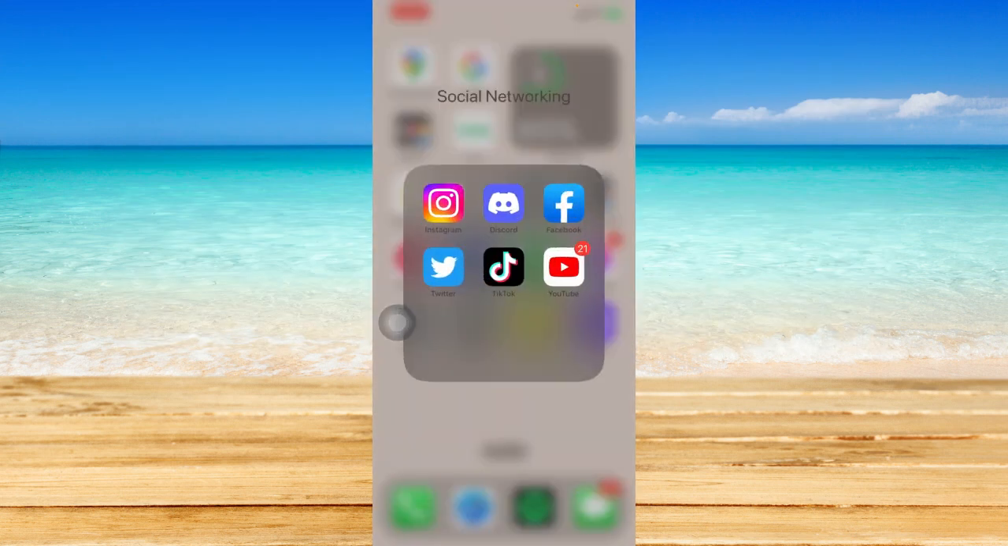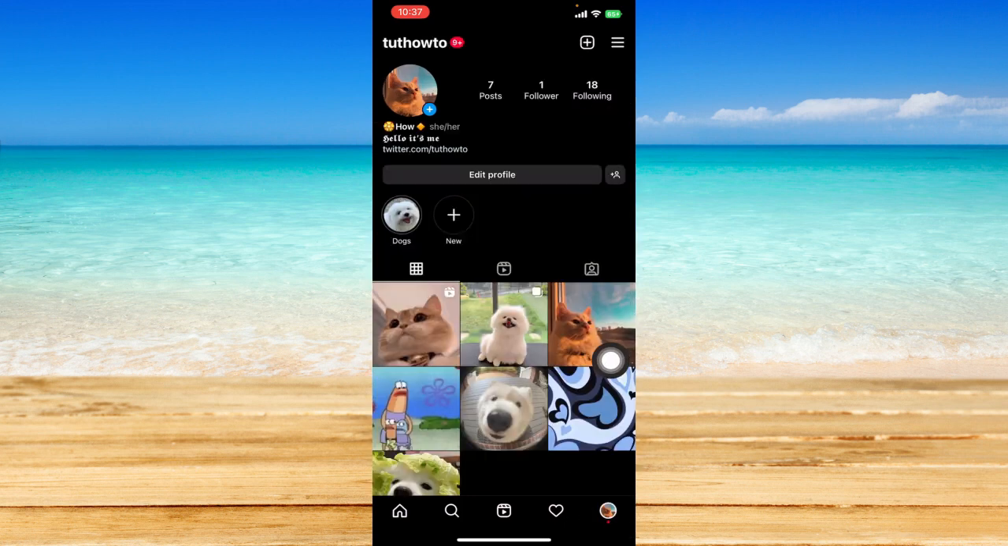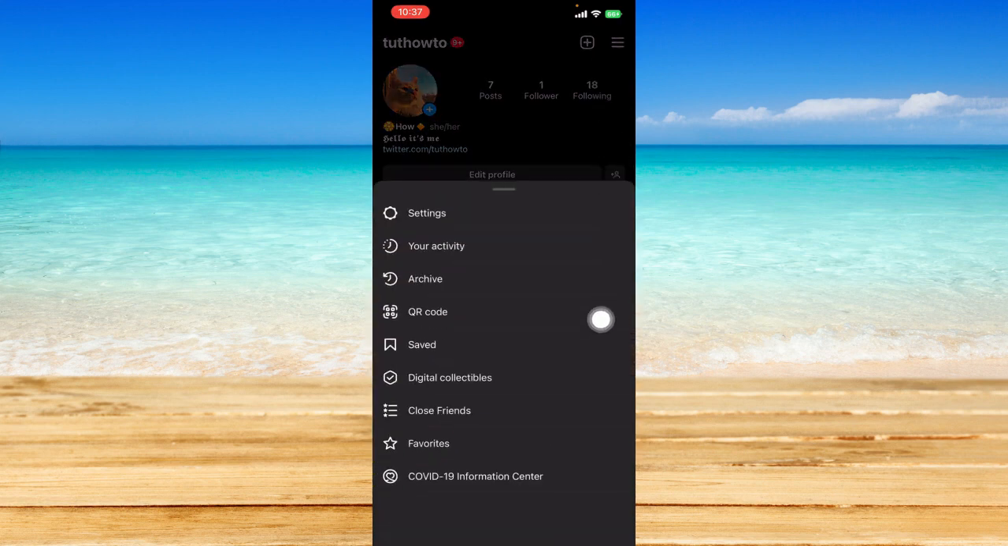Now let's just head on and open up Instagram right here, after you have checked that your Instagram is up to date through your App Store or your Play Store. So once you have opened it, just click on your profile icon at the bottom right hand corner to get to the profile page if you're still not here. And from here, just click on this 3-bar line icon at the top right corner, and you will see many